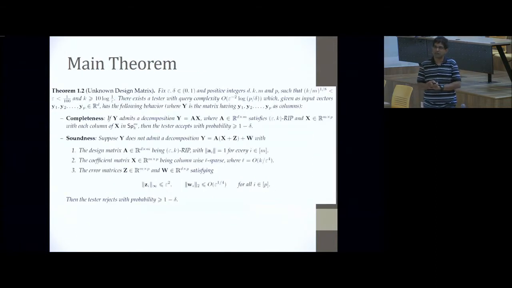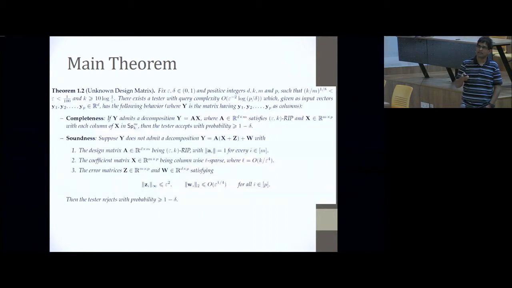Okay, so our main theorem, a screenshot from the paper, looks a little complicated, but I'll try to summarize. You have these parameters d, k, m, and p. To recall, d is the length of the vectors that you're given, k is the sparsity that you're targeting, m is the number of columns in the dictionary matrix, and p is the number of samples. So you're given p vectors, each of d dimensions. There's also some condition on k and m, which addresses the kinds of questions that Partha talked about, so that the problem becomes non-trivial.